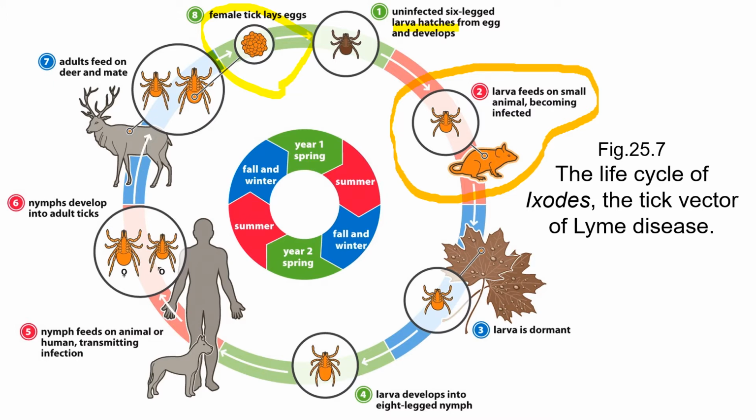Mice are important for two reasons. One is they're near the ground, so they're easy for the ticks to find. And two, the bacteria that cause the disease can live in the mice, and the mice don't seem to get sick. So this is why this nymph here is the most important part of the life cycle for infecting humans, because they bite the mice, they can get the bacteria, they winter, they transform from larva into nymph. Notice we've got 6 legs to 8 legs, that's kind of interesting,